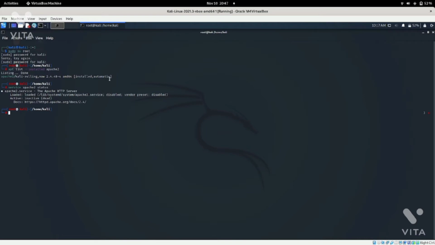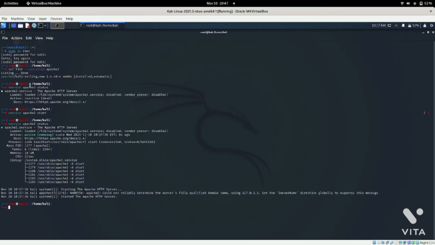So for activating the service, you have to use the command service apache2 start. As I hit enter, the Apache 2 service will be started. For rechecking, you can now recheck the status. Now if you hit enter, you will see that it is active or running.